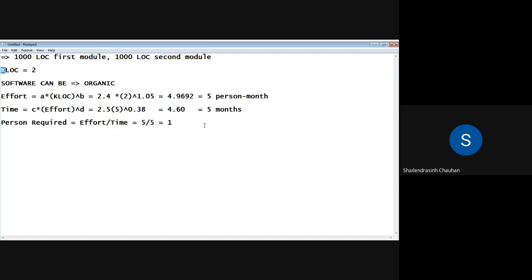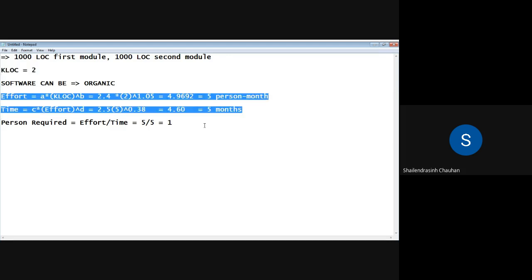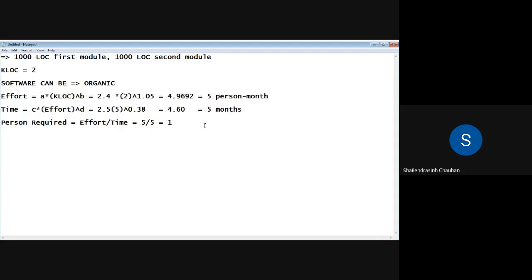So from a single thing, from KLOC, from code itself, you have derived these three things: how much effort will be required, how much time it will require to complete that software, and how many persons will be required to do the task, to develop that software.